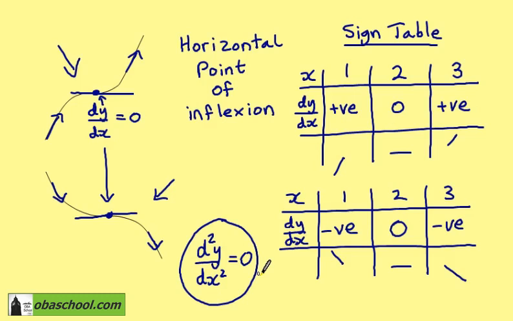However, this is no good as a way of deciding whether we have a point of inflection or not. We can find situations where d2y/dx squared is equal to 0 for maxima and for minima, as well as points of inflection. If d2y/dx squared is greater than 0, we do always have a minimum. If it's less